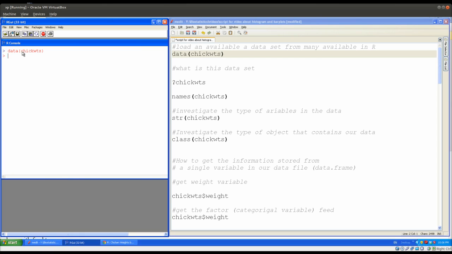This also means that we can actually take a look at the data. So I'm just going to use the arrow keys to get that command back. You can click on arrow keys to get the commands you've previously entered in the R console. So I'm just going to delete this. If I write the name of the data that I loaded and hit return, I get